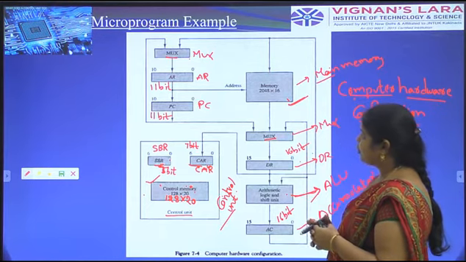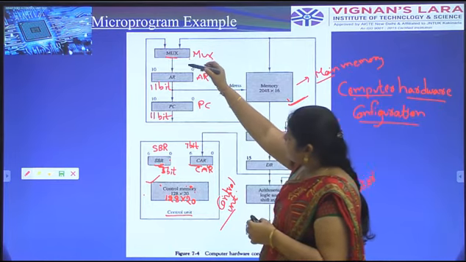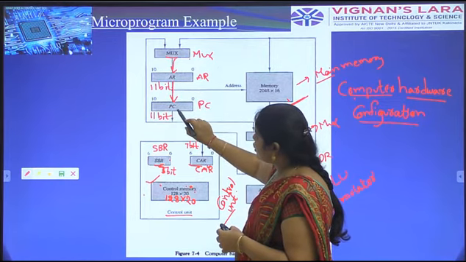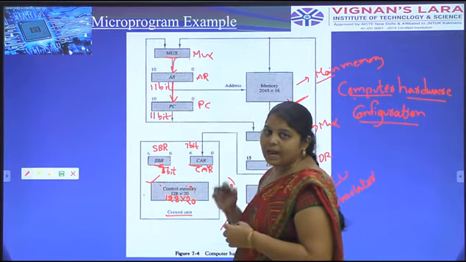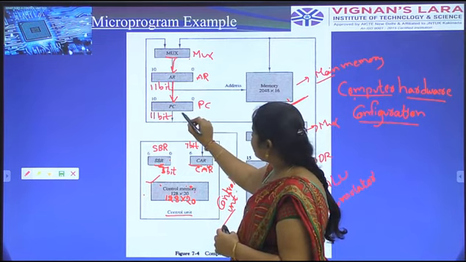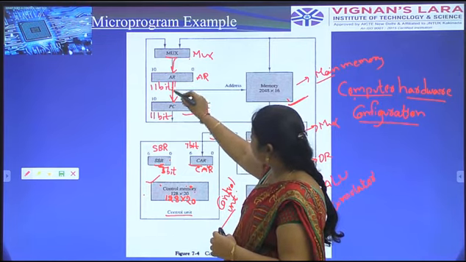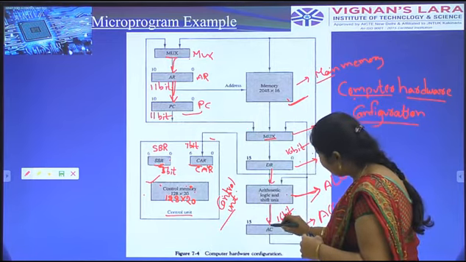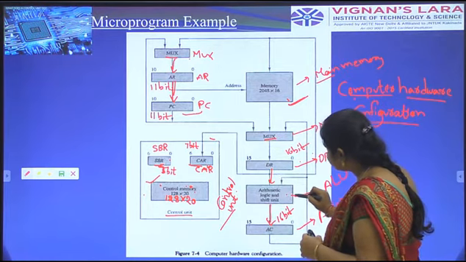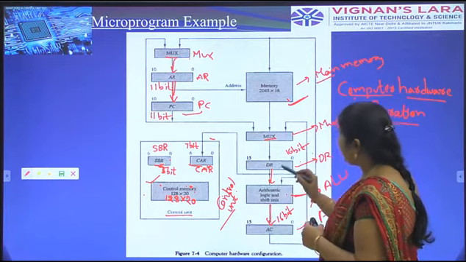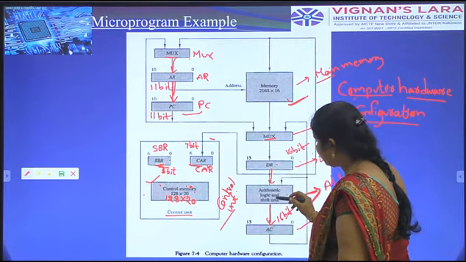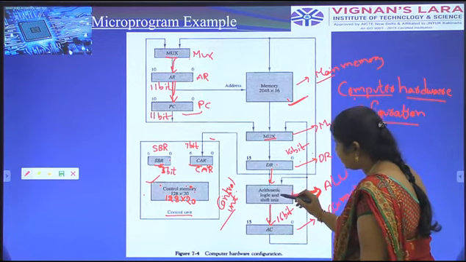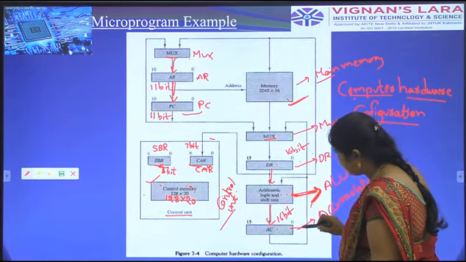This is about the microprogram example. From the accumulator, it transfers the information to the program counter. The program counter gets the information from the address register. Here the data register transfers the information to the accumulator. After the operations in the arithmetic, logic and shift unit, the computational or instruction operation is done and then stored in the accumulator.